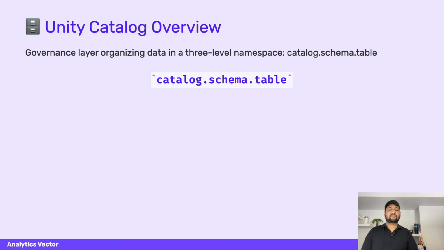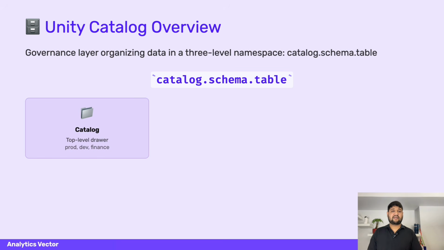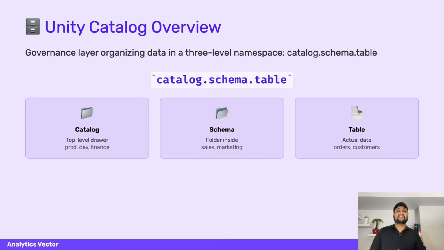catalog.schema.table. Think of it like a file cabinet. A catalog is the top level drawer. Maybe you can call it prod or dev. A schema is a folder inside that drawer, something like sales or marketing. And the tables are the files inside. So when you query data, it looks like this. Select all from main.default.mytable. The old Hive metastore only had two levels: database.table, which meant no environment separation, but the Unity Catalog adds